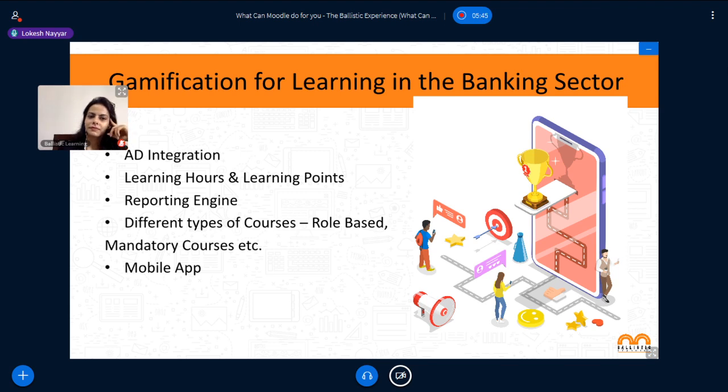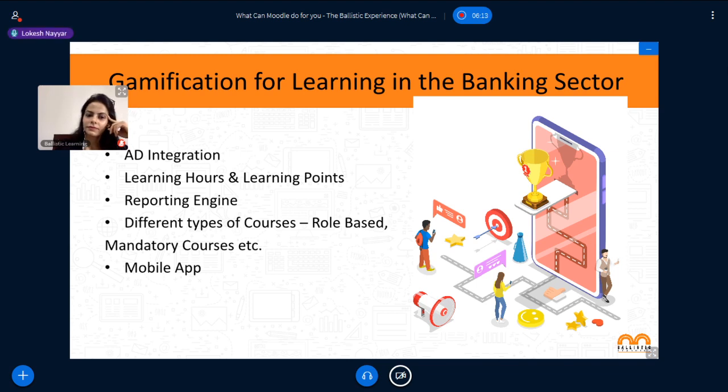Since the client had close to 10,000 users, the main challenge was report generation, which was very tedious as the admin had to go to each individual course to check users' completion record and status. The feedback from employees was also that the platform was not engaging and motivating for them. The client was planning to switch to a different LMS before they came to us. The platform was also being hosted on an on-premise server, which had its own challenges and limitations.